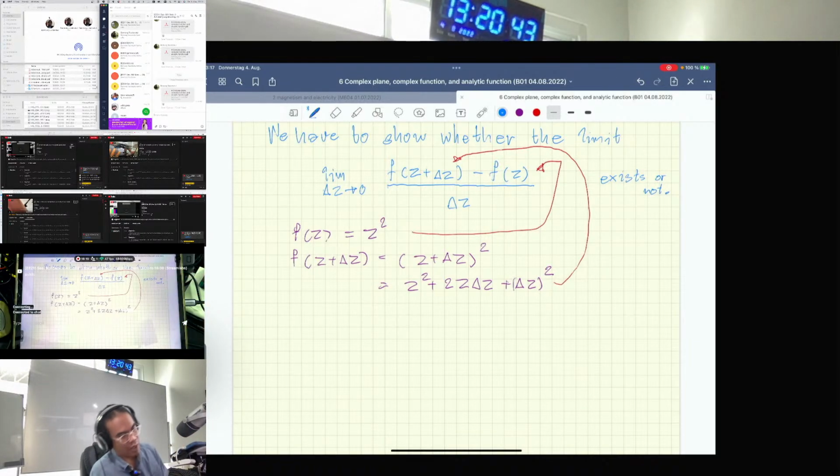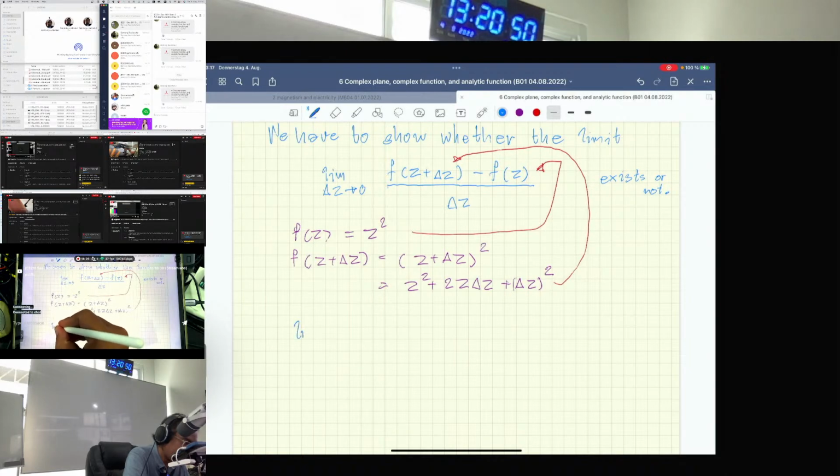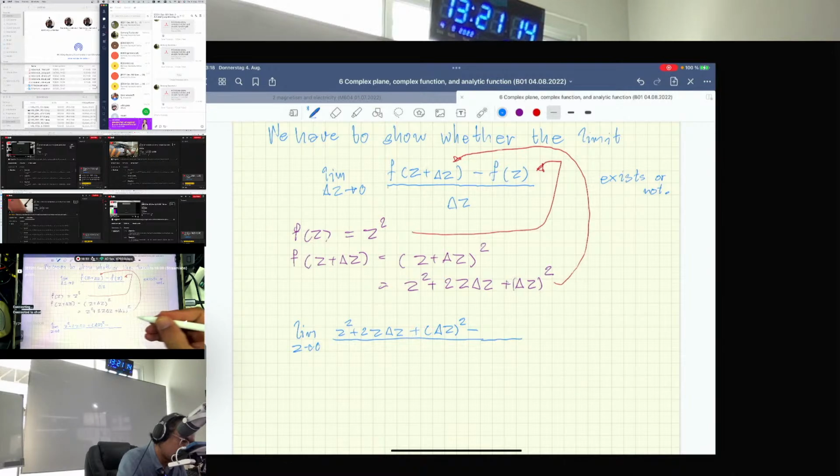All right. So you would have the limit as delta z goes to 0, and here will be z square plus 2z delta z plus delta z square, minus this term, f(z), which is right here, z square, divided by this one, delta z, right? So this one will be the